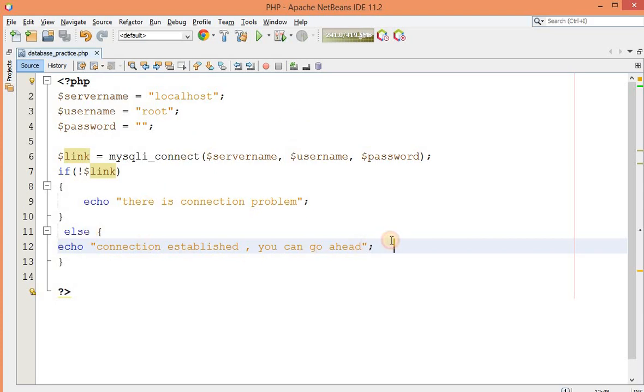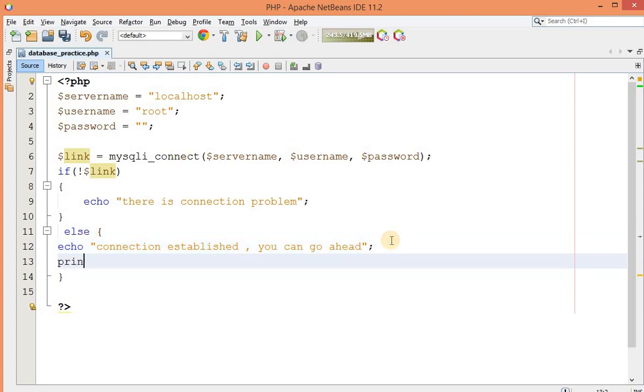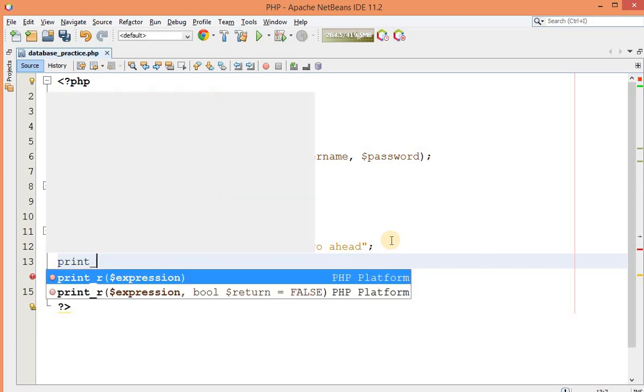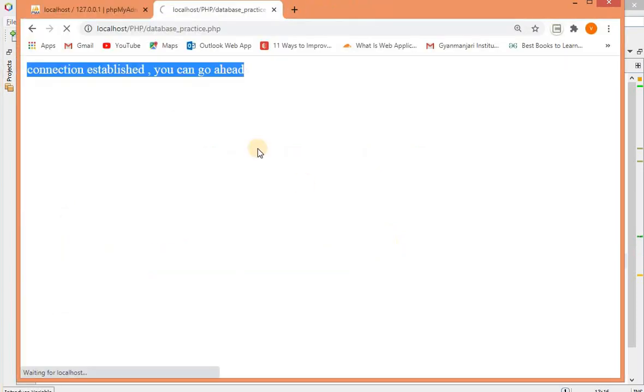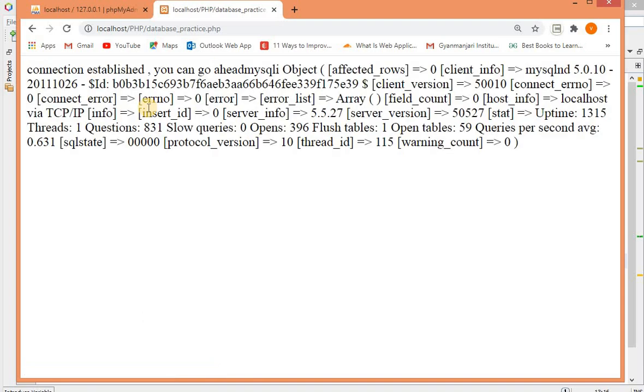Now after that, if I just print like that, print_r, and inside this I have passed my link variable. Save this and execute this. So over here you can see this is the object of MySQLi, and this will show various key value pairs.